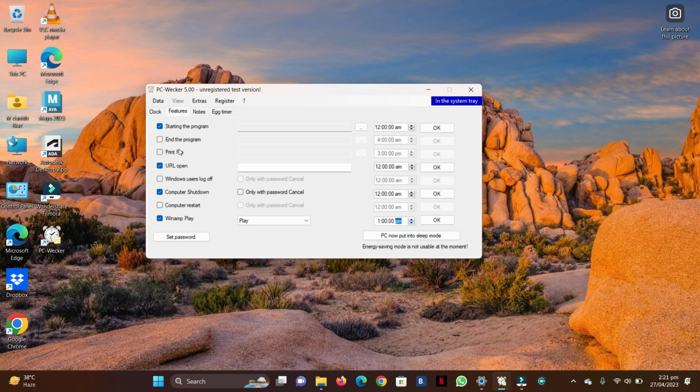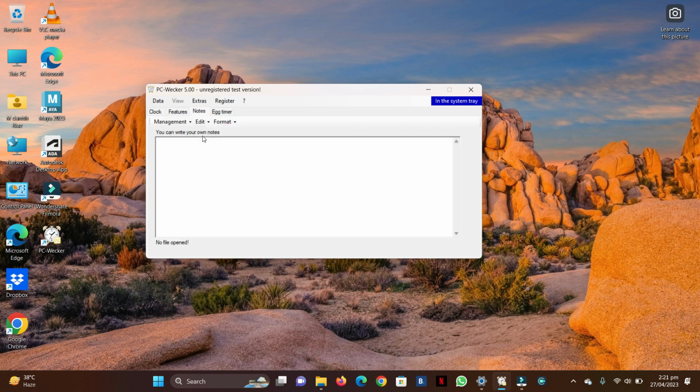Okay, the next feature that we have is the notes feature. Like you can add notes for your ease, like you can add a list of your groceries, anything that you want to write just as a reminder. You just have to click on this New, and after you click on New, the edit section will open, and you can write your grocery list. Like I'm writing here my grocery list, let's suppose I write here soap. Okay, and the second one, I want to select here utensils. And one more thing, if I want to select